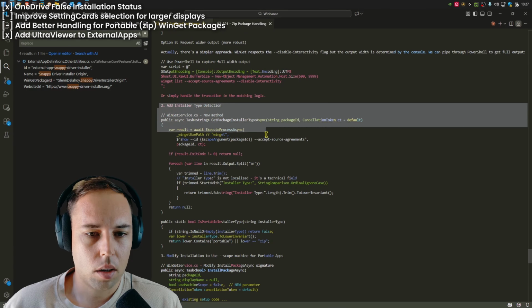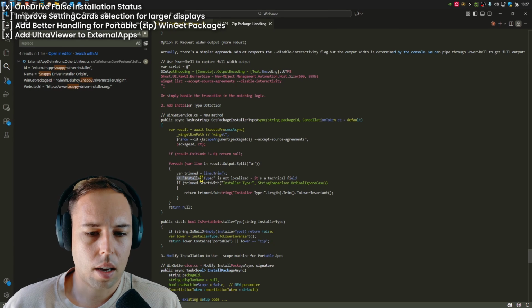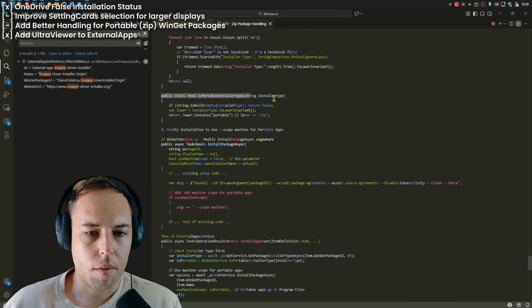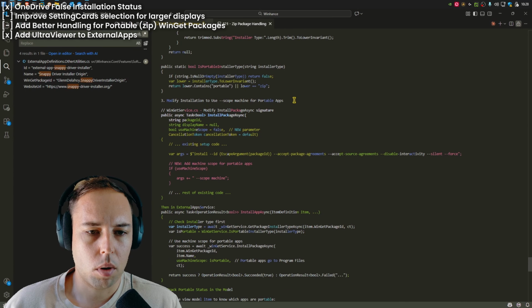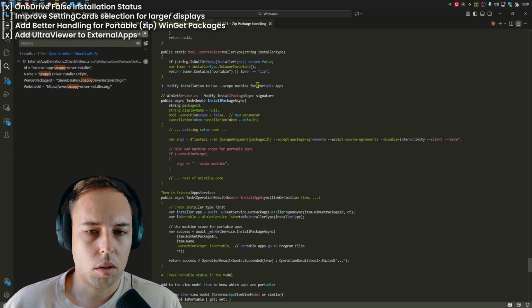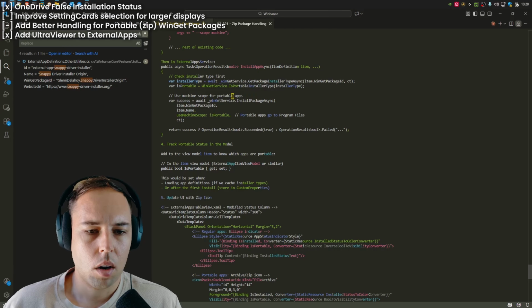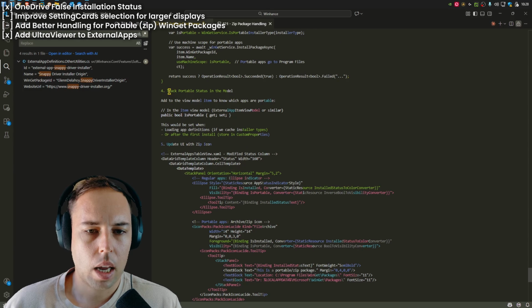So we can add installer type detection, and it says that installer type is not localized. It's a technical field. So we could use that to determine the installer type. Then we'll have a bool to tell if it's portable or not. Then we'll modify the installation to use scope machine for portable apps. An external app service will change the flow so it uses machine scope for when it's portable, and track portable